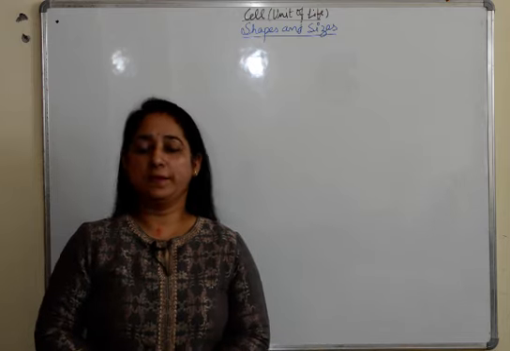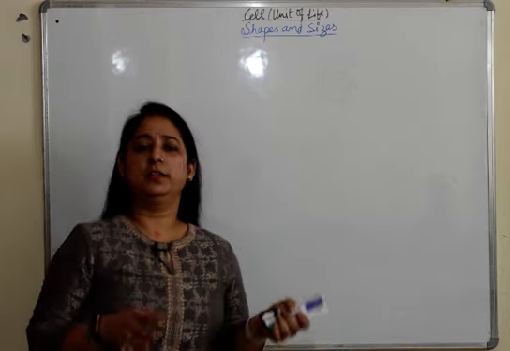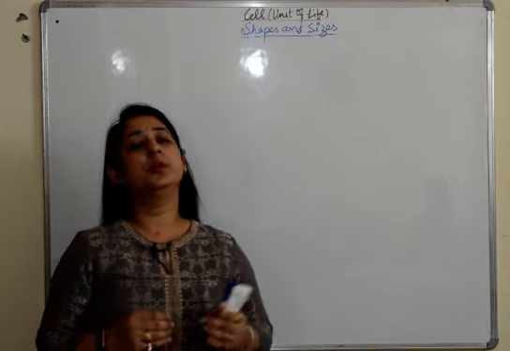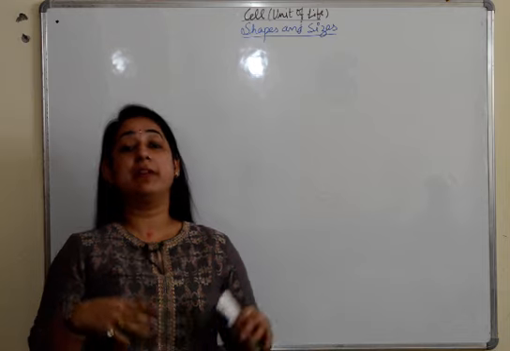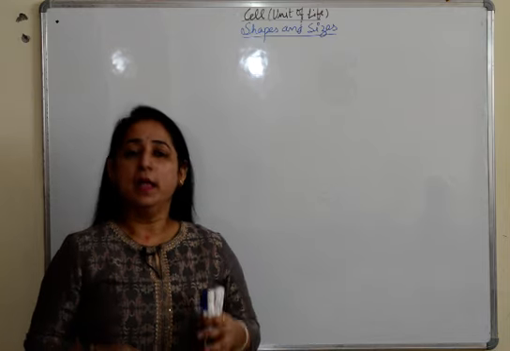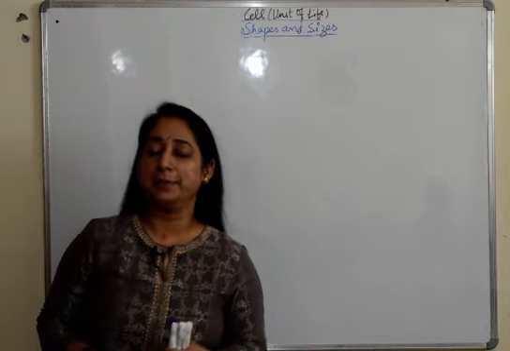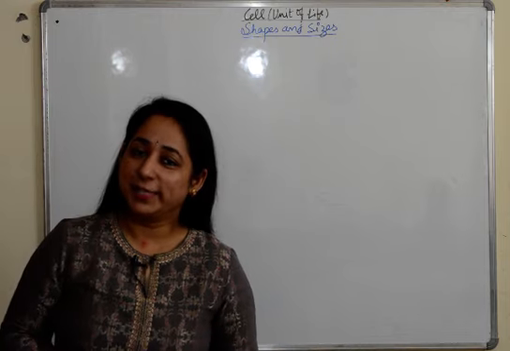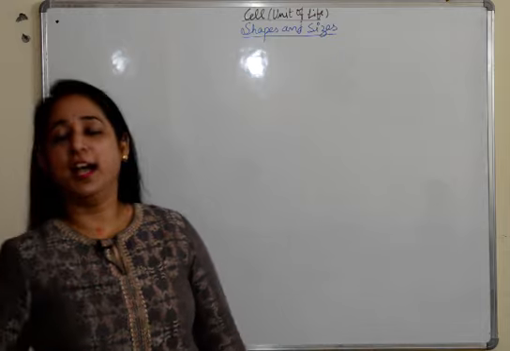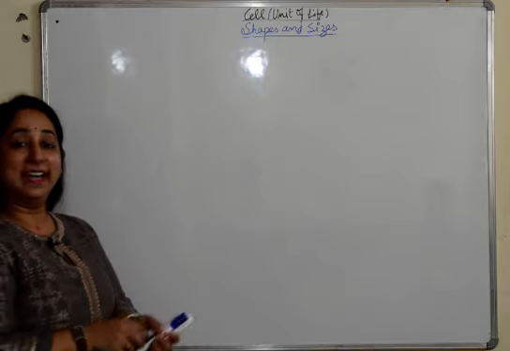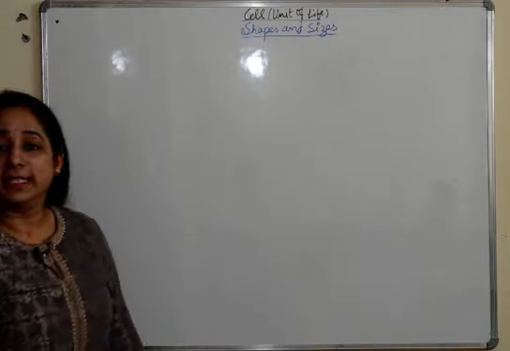In the last video we have done the important pointers, the scientists and all. In this video we'll talk about the cell, their shape and sizes, and we'll see why different shapes and sizes are there. Plus we'll also discuss the different types of cells. So watch the video till the end. You will get all the important 1 marker questions for your notes on the board at the end of the video. Shapes and sizes.